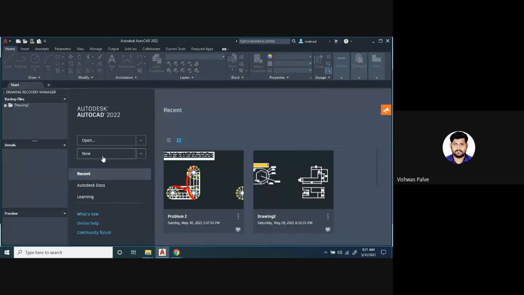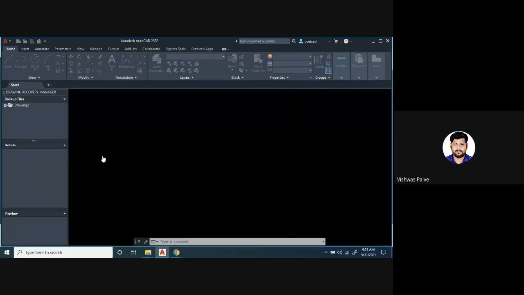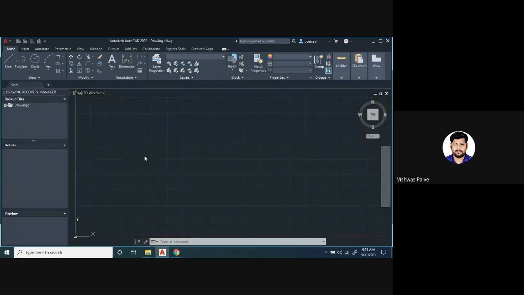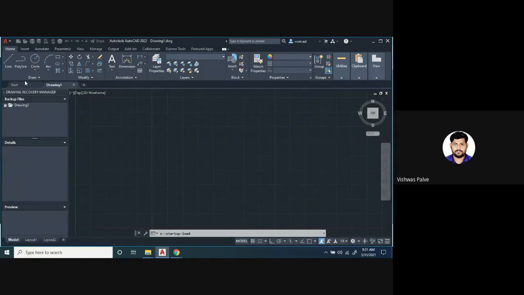So let us start with the new drawing. In the last practical, we have seen the draw toolbar. Now in today's session, we are going to see the draw toolbar along with the modify toolbar. Today's session will be dedicated to the modify toolbar.